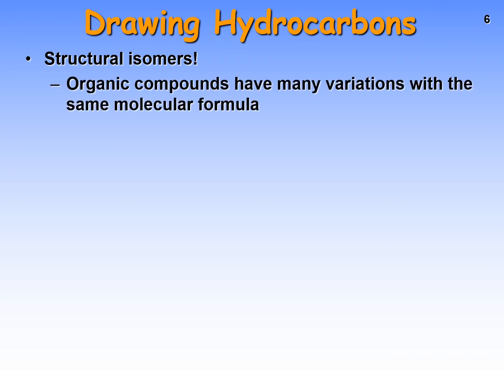All right, so there's a number of different ways to draw hydrocarbons. As a thing, organic compounds, like coordination compounds, have structural isomers, like we learned about in that chapter covering coordination compounds. So there are very significant numbers of variations of organic compounds that actually have the same molecular formula, i.e. structural isomers. So same molecular formula, different compound due to the connections between atoms.